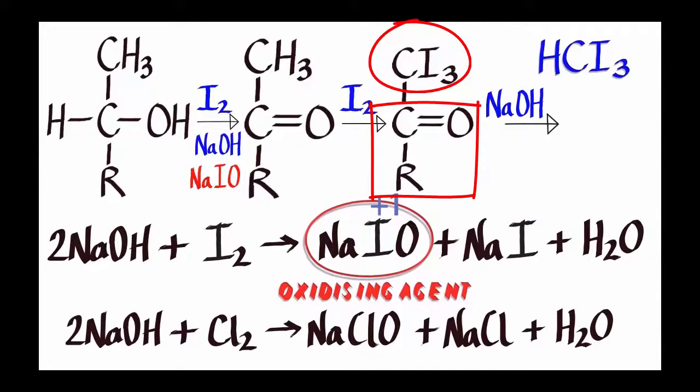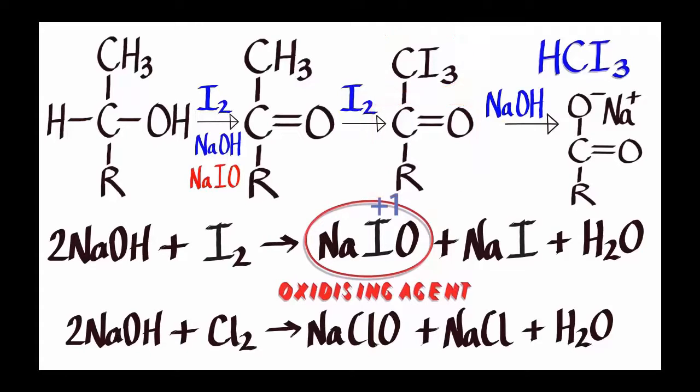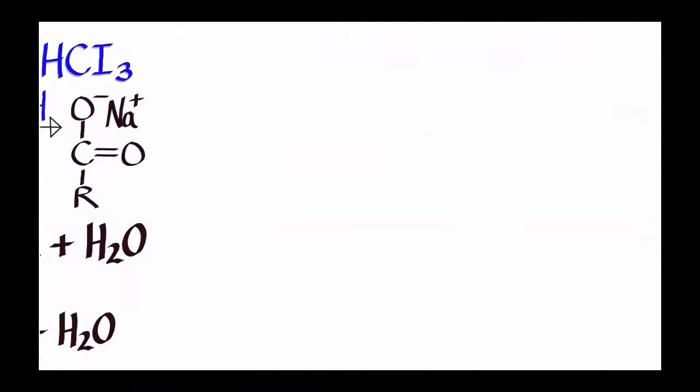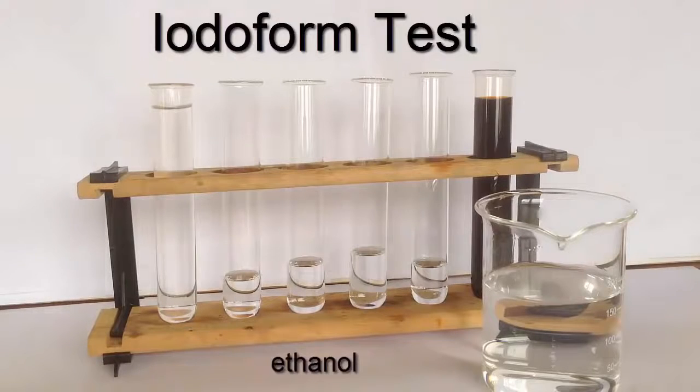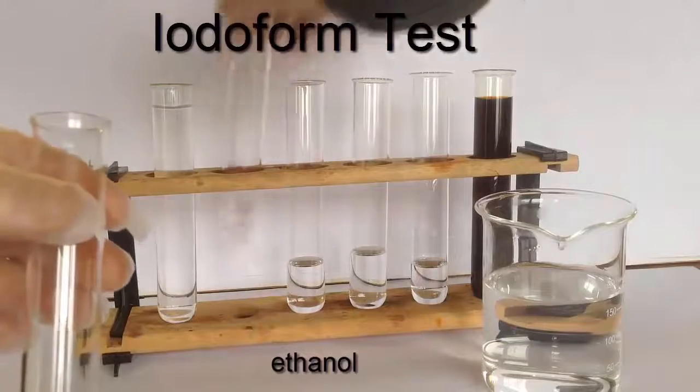with an antiseptic smell. And there's the other product of that reaction. You can see it's the sodium salt of a carboxylic acid there. But the key thing is it produces iodoform, which is a pale yellow solid with an antiseptic smell. If we have an alcohol with that particular type of grouping, that's to say where we have a carbon that's attached to an OH and is additionally attached to both a methyl group and a hydrogen atom. So let's get the tests underway so that you can see what happens and where the test is positive and